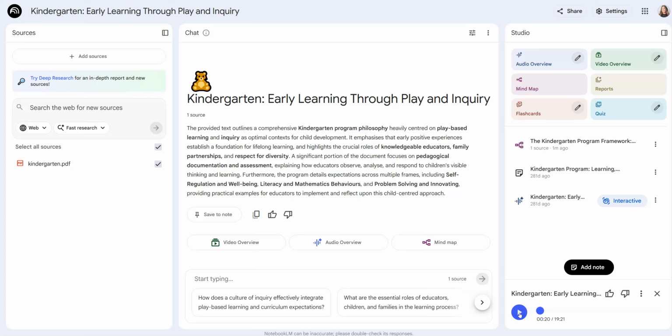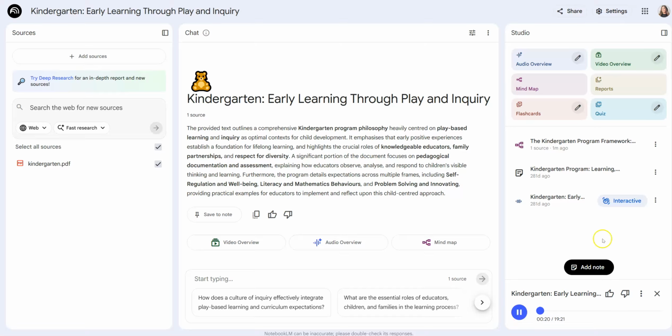So what I'm going to do now is ask it a question midway through. And of course, you can type in questions about the document and NotebookLM will generate an answer based on the source that you have uploaded into this space. You can have a number of different sources, but in this case, I just have one source. So if I were to type a question, it would answer it based on this source. It's very helpful. But I'm going to actually interject partway through this podcast and ask a question using my mic.